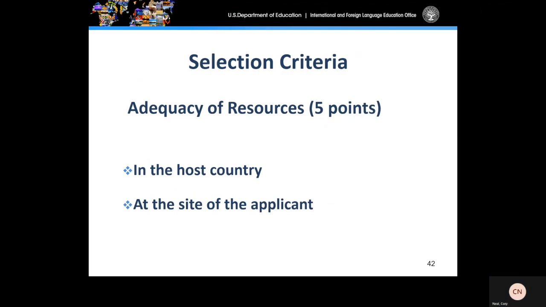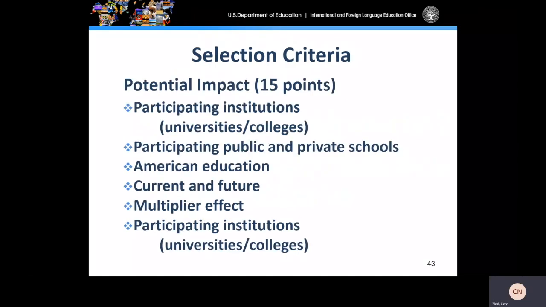individuals. Potential impact is worth up to 15 points. Applicants should focus on the potential impact of the project, on the development and improvement of the study of modern foreign languages and area studies, on participating institutions of higher education, public and private schools. You should describe the possible long-term benefits to project participants, their students, their colleagues, their communities, resulting from successful completion of your GPA grant. Applicants should indicate the process by which resulting curriculum project research will be evaluated for accuracy and effectiveness.